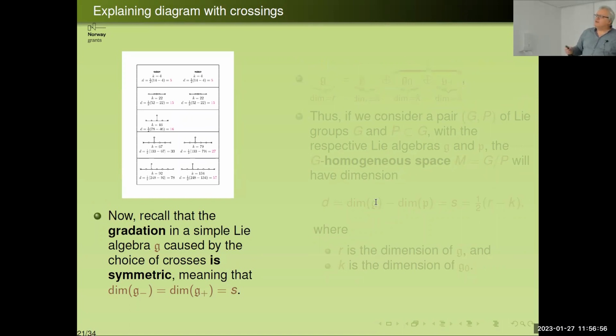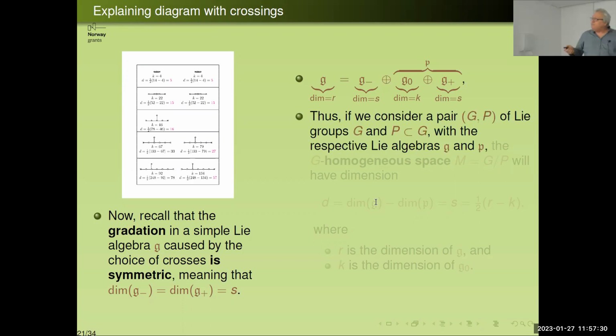So now recall that the split of a simple Lie algebra is symmetric. So G minus has the same dimension as G plus. So if we just make crossing, we make a gradation into G minus, G0, and G plus, and then the dimension of G minus is the same as the dimension of G plus. The dimension of G0 is some k, and we can see what is G0 knowing these crosses, so we can calculate dimensions. We know the dimension of our starting Lie algebra, and by this,